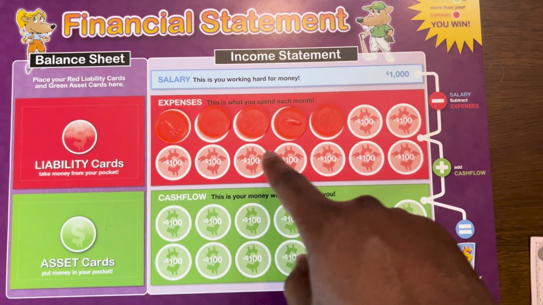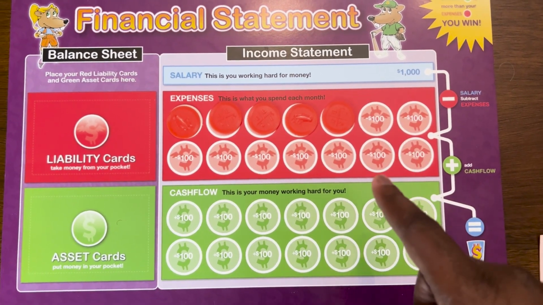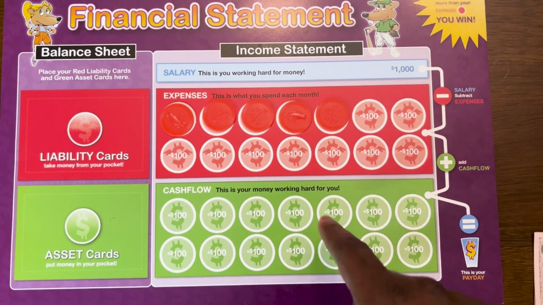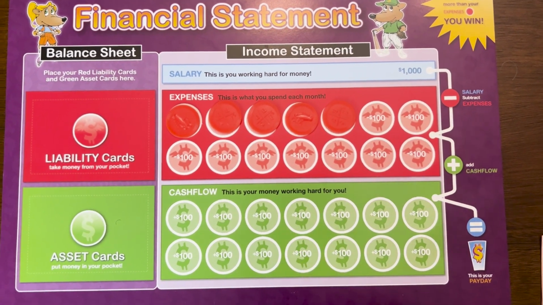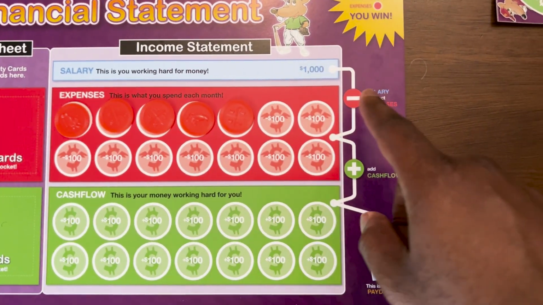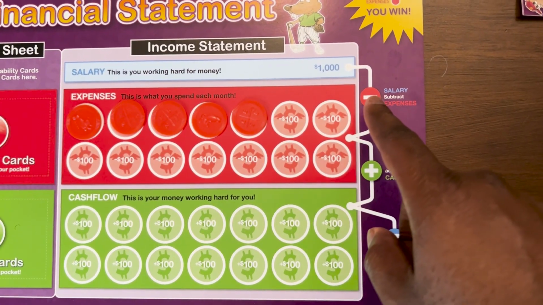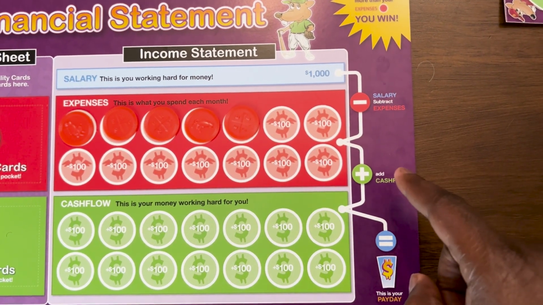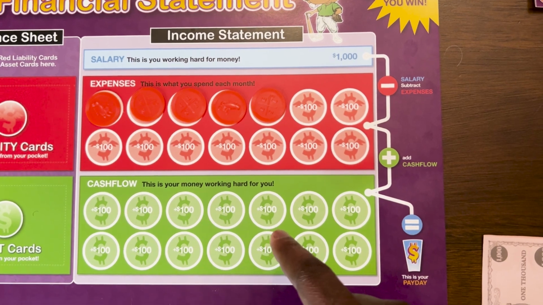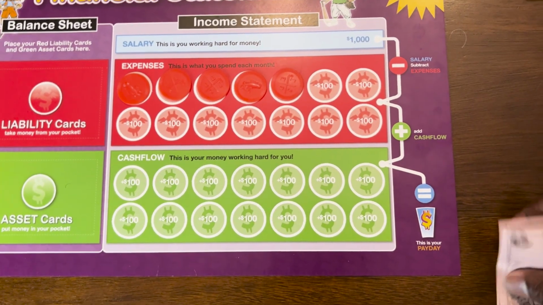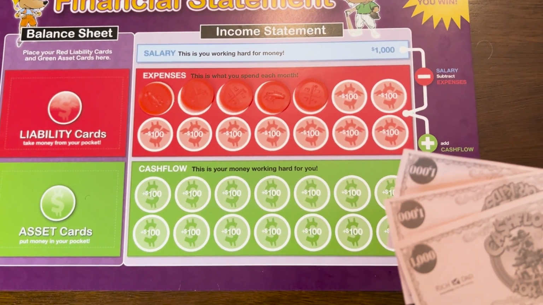Everything is either negative 100 per check or per month, and then you have plus 100 on your cash flow. And of course, here your salary is $1,000, and you take your $1,000 and you subtract your expenses, you add your cash flow or your assets, and then this is what you get on payday. Every player starts with $3,000,